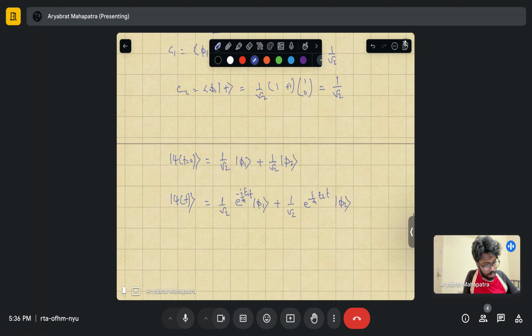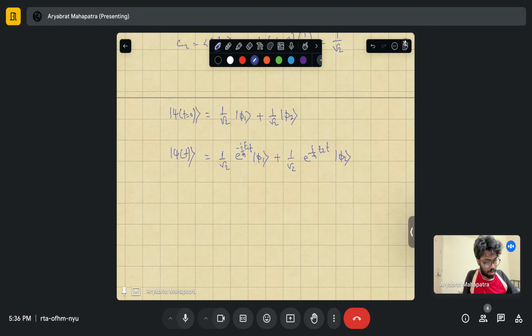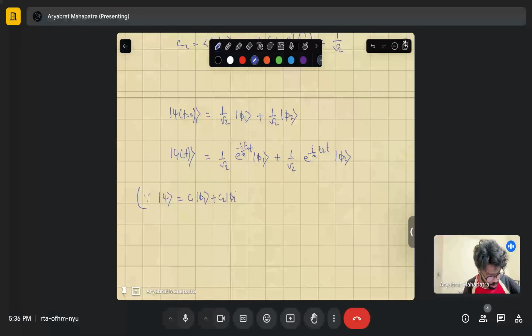So again, this is something we have been doing even in our previous discussions of this tutorial session. When we have a state like psi equals c1 phi 1 plus c2 phi 2, and this is the state initially, and when you evolve this at some time t, you basically operate